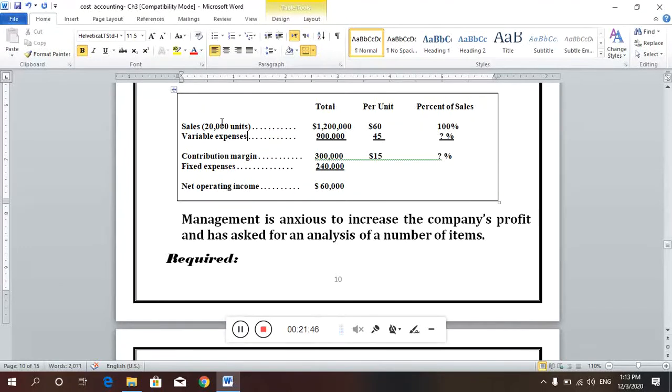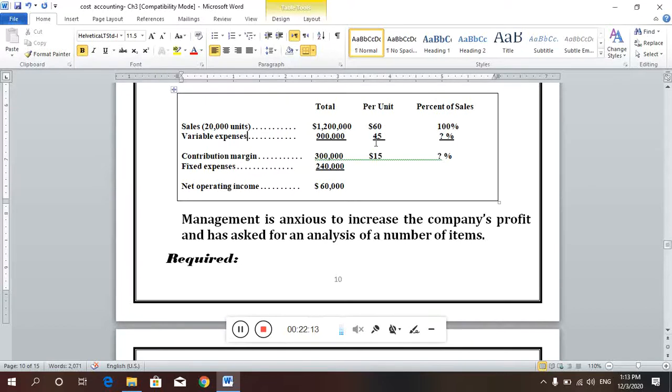So the variable cost per unit will equal $900,000 divided by the 20,000 units, which equals 45. So the variable cost per unit is $45 per unit. I need that here to compute